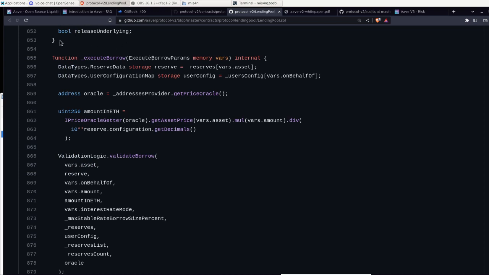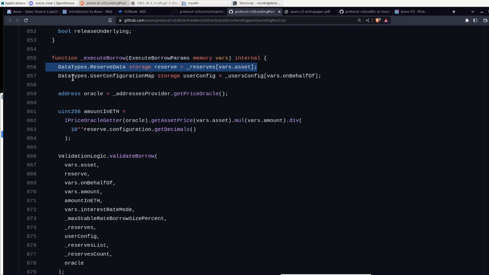So, let's take a look here. Execute borrow function. We're passing the params, the structure of params. Another thing for you guys to see here is the use of memory. I think that with the new versions of Solidity, we don't need to do that anymore. And then we load the reserves and we load the configuration map for the user.